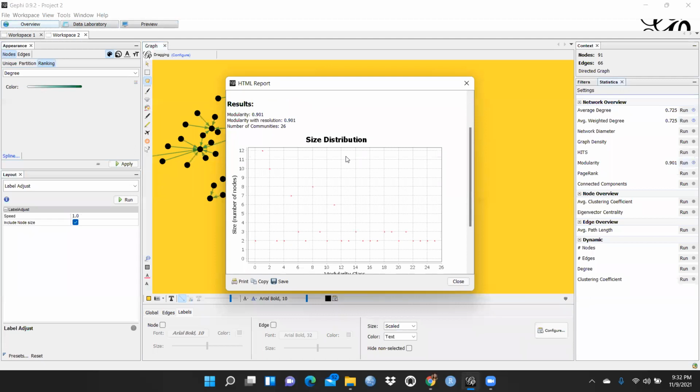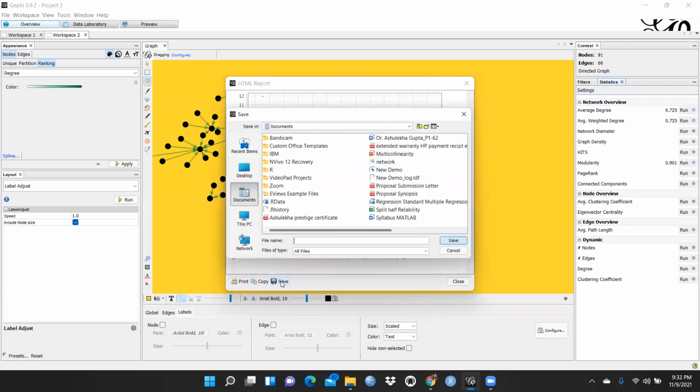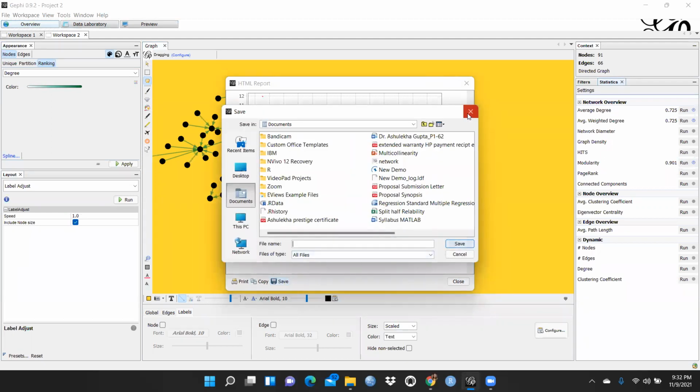So you can see this modularity also. On the x-axis is modularity class, and on the y-axis you can see size, the number of nodes, right? And simply you can save also. You can simply copy or save this particular chart, right?